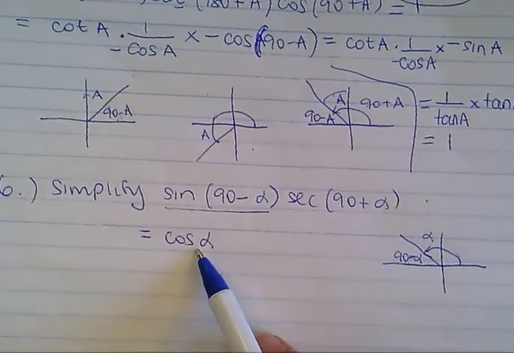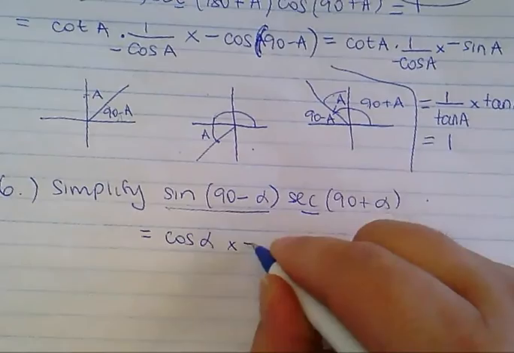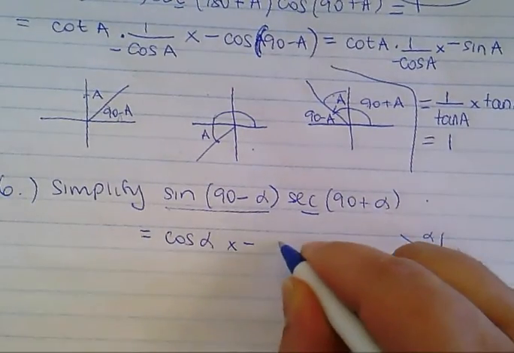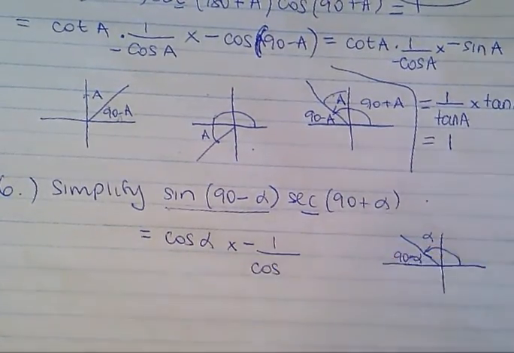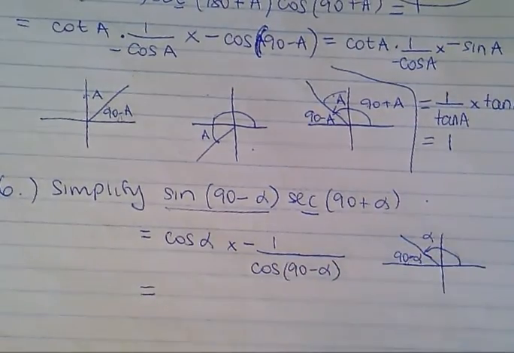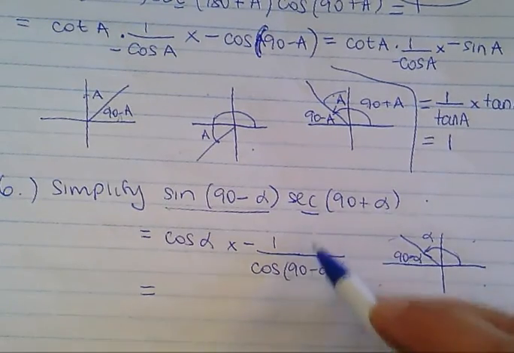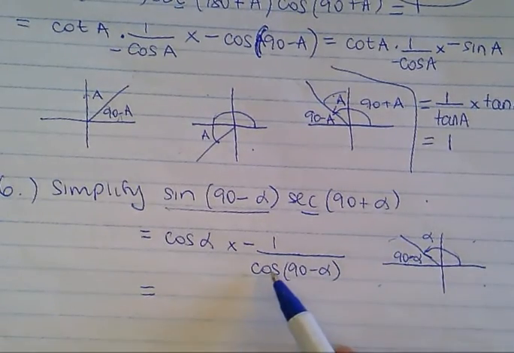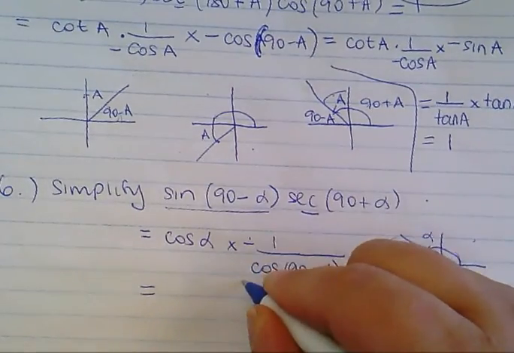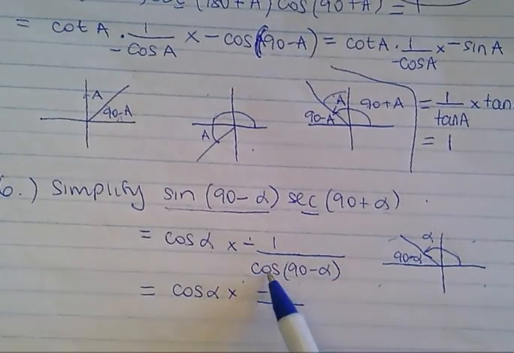Yeah, so the acute angle in the quadrant is 90 minus. So this is from complementary, times sec, which is 1 over cos. You don't have to write it as 1 over cos. It's going to be negative. Oh yeah, we can go 1 over cos: negative 1 over cos of 90 minus alpha. Are we okay with that? You okay with that? Because it's all stations to central. Sec is 1 over cos, but we're in quadrant 2, so the cos is negative. I can put the negative up there or down there, it doesn't matter. So it's the cos of alpha times negative 1 over,